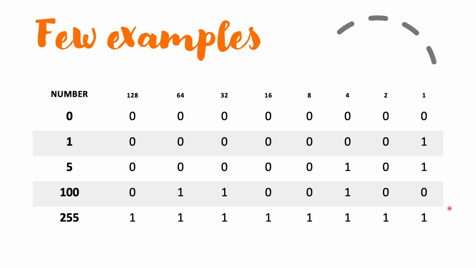Now you may ask, why is it important to read them one block at a time instead of individually? So here is the answer. If you read this bit individually, you have no way of knowing whether this is the first digit or the last digit of a whole number, because it can be either part of this, or it can be just a 1, or it can be something else. So you will need to know the context.